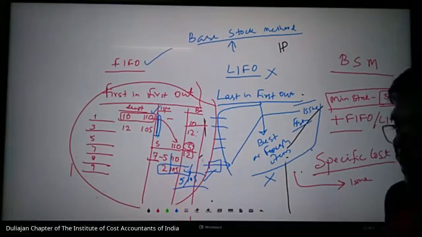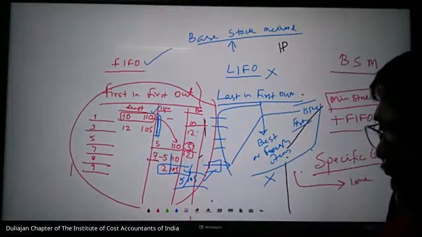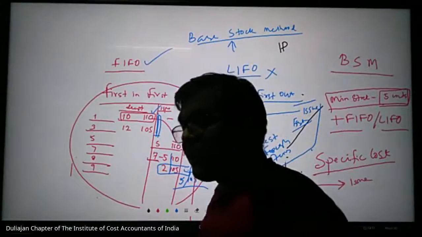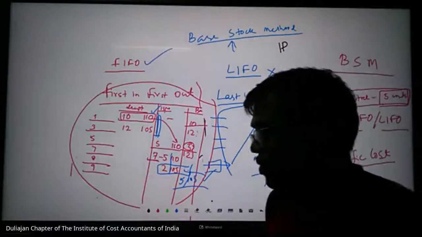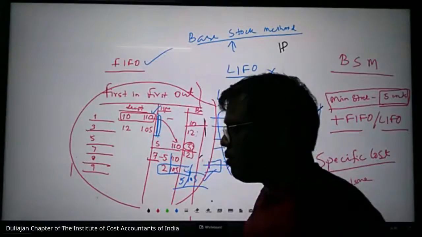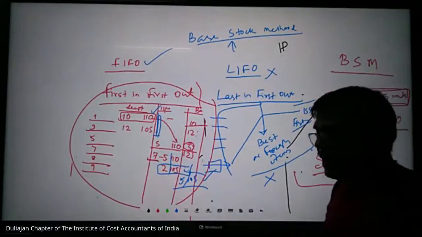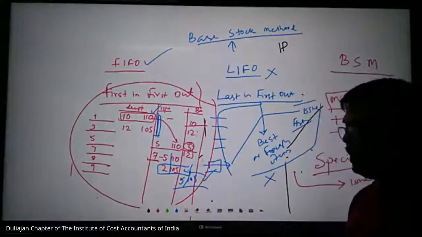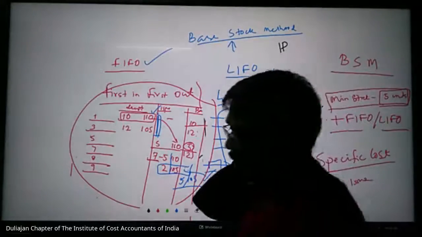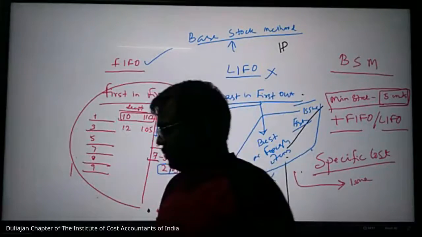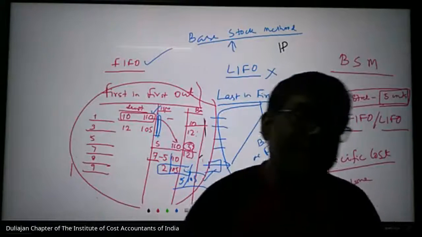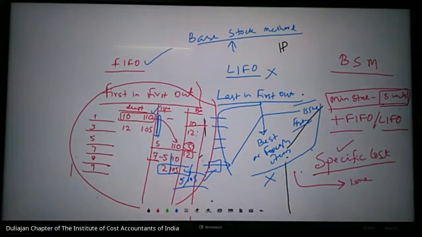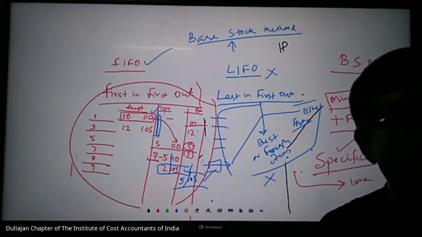That also you will find in specific method price, especially when it is for a specific job, like for a contract or for any other specific purpose or for a work order. In that case, these materials are issued subsequently to that specific job only. So I am putting a method of issue there. This is not a standardized method. It is used only in special items.